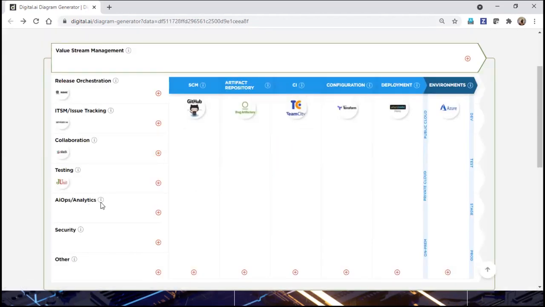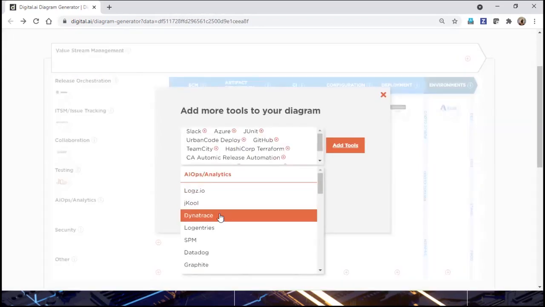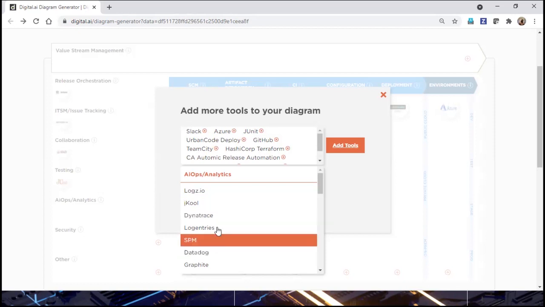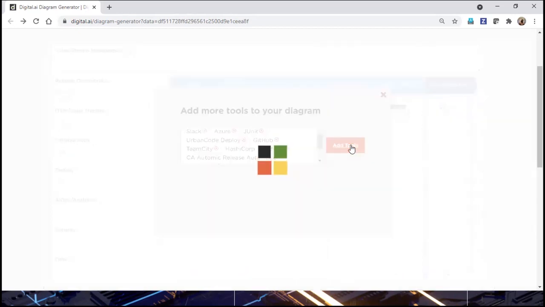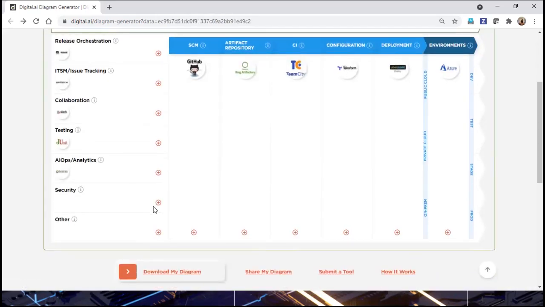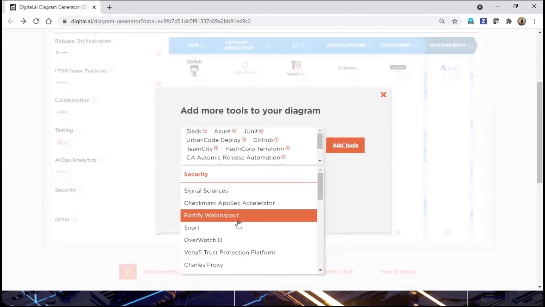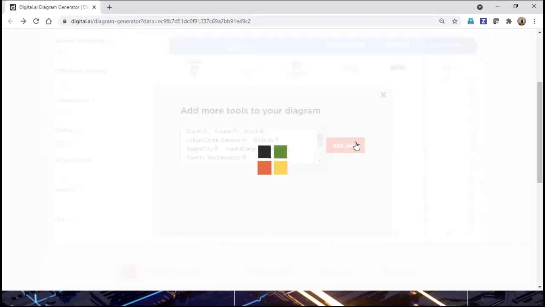And if you really want it, because your application or your project is something like analytics, then select the related analytics tool. Dynatrace is one of the major ones, or Datadog also. So I will select Dynatrace. And security. Mostly if your code has any flaw with respect to security, from an application or infrastructure perspective, you need to create all the test cases. Who will validate? There is Fortify. This is really a very popular tool. So I'm selecting this.